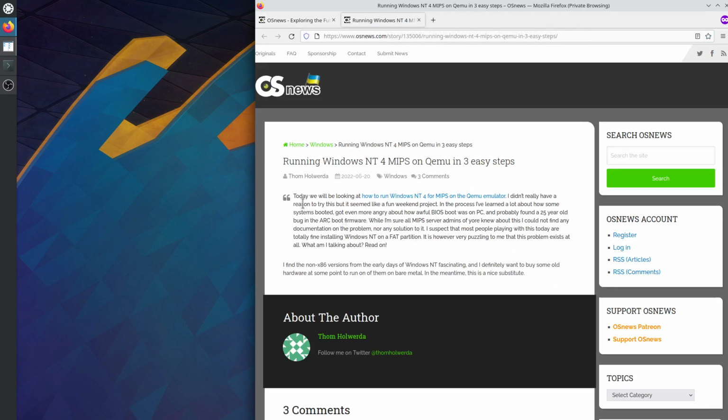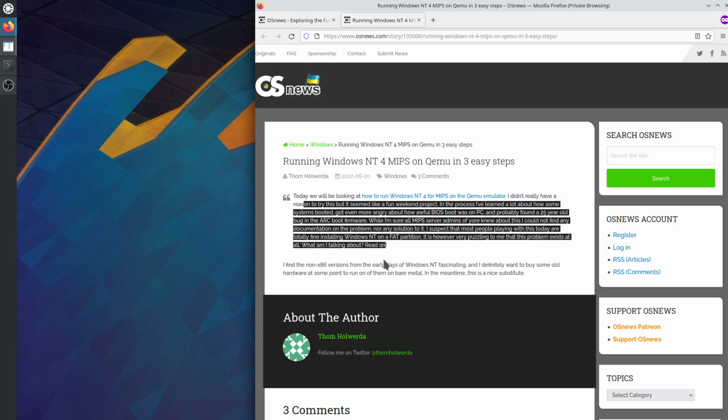So it says that Windows NT4 for MIPS is really similar to Windows NT4 for x86. The equivalent of BIOS or firmware or UEFI is called ARC, and that